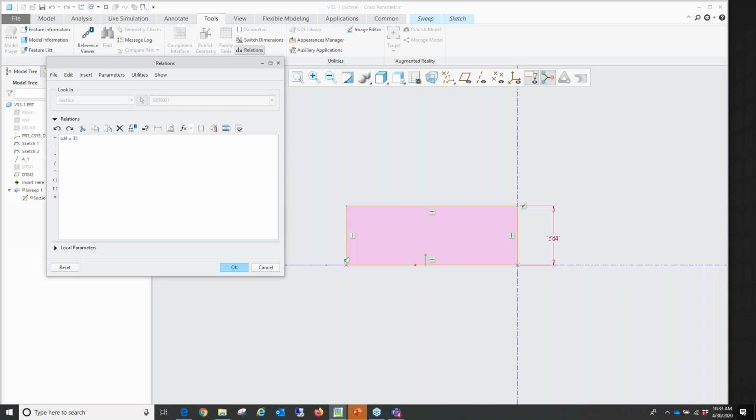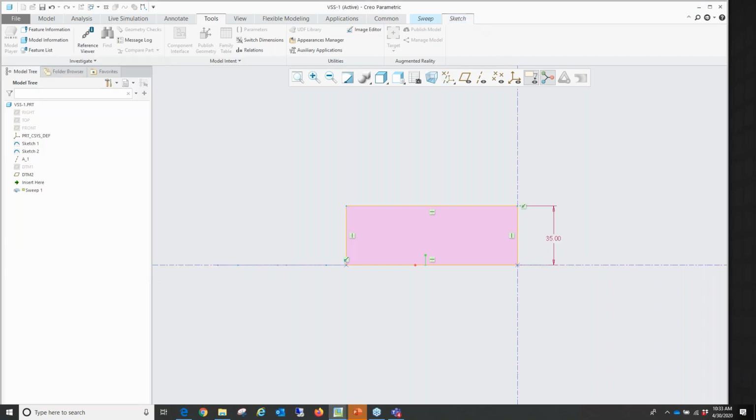And I'm then going to come over here and say plus, and then this is where I'm going to use trajpar. I'm going to come over here and say trajpar. You do have to spell this correctly. And then once I have trajpar, I'm going to multiply here by, let's say, 50. So remember, trajpar will start at 0. So 0 times 50 is 0 plus 35. So it's going to start at 35. At the other end, where trajpar becomes 1, it's going to end up being 85. So now when I come over here and say OK,